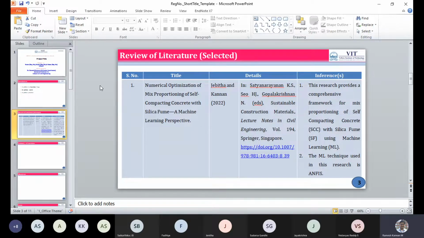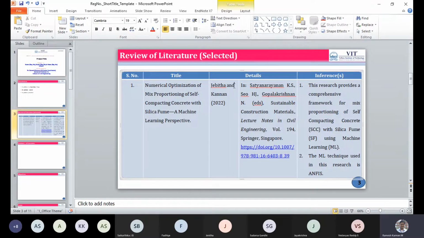This is just a reference: this is the title of the work, and then the authors' details, which include the authors as well as the document type, like a journal article, conference proceedings, or even a newspaper cutting. So here you will get the detail.